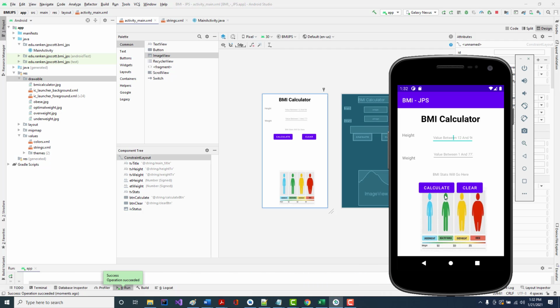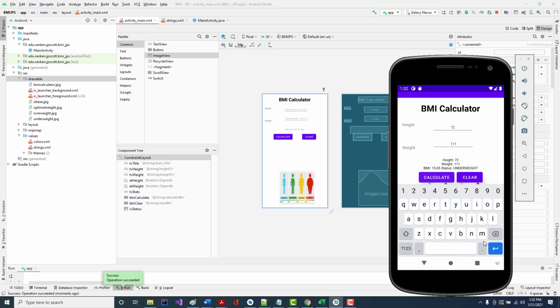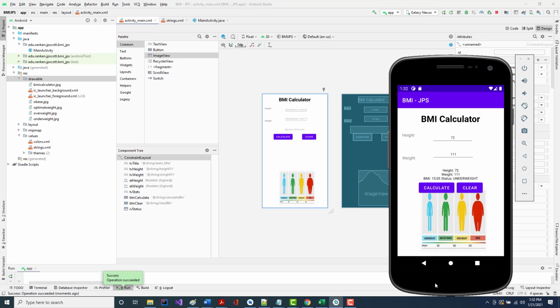see, it's getting there for lack of better words. And if I come in here and do 72, 111, I realize it's a lot smaller now, but if I click calculate, you can still see everything. It's not perfect, but you can see all of it. Okay? Now, there's only one thing I want to explain, then one thing I want to do, and then we're